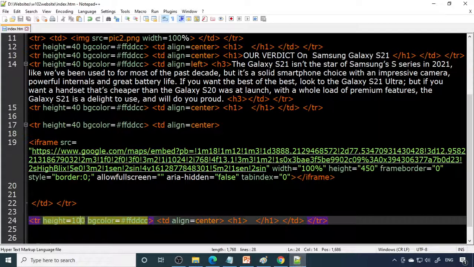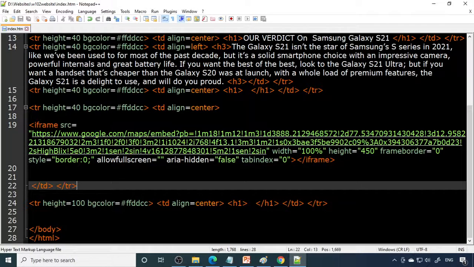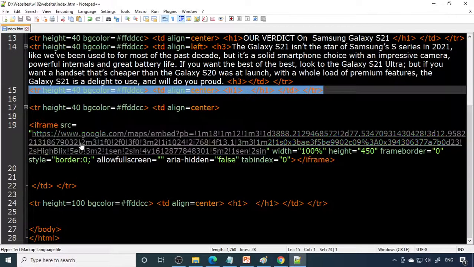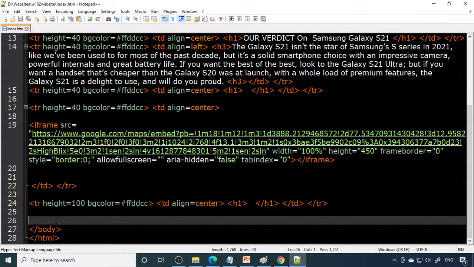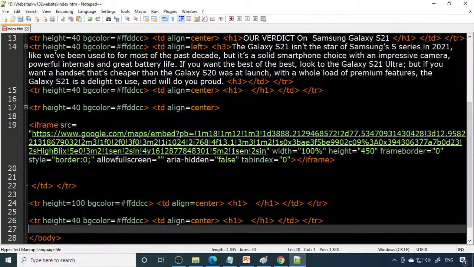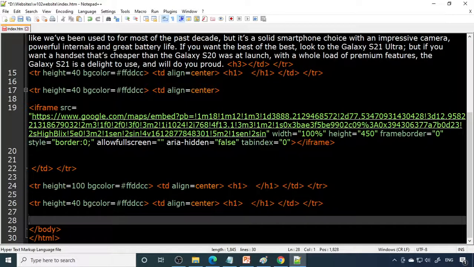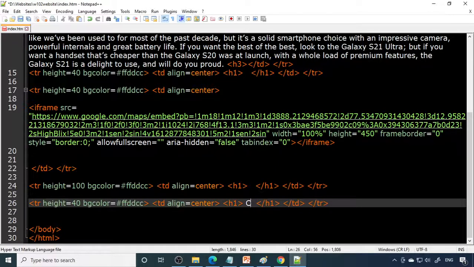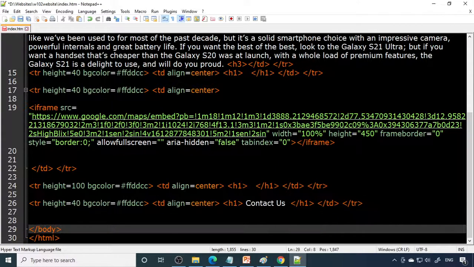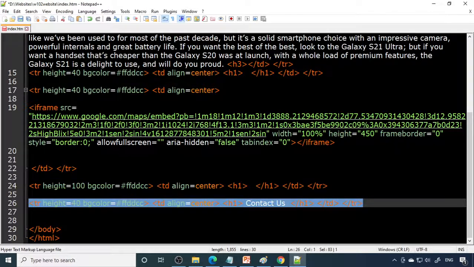Then you can give the contact address. That also you can make a picture, or else just simply put contact us. Then we can write the address here.